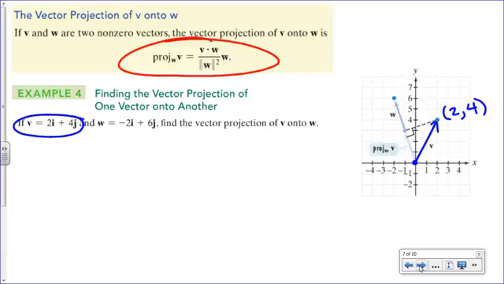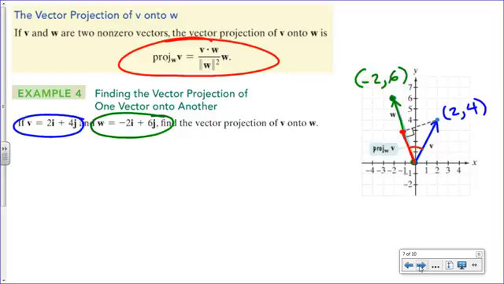Also, we have vector W, and that one is here. And that one has the initial point at the origin as well, and the terminal point has the coordinates -2, 6. Okay, now we can tell that those two vectors are not orthogonal because the angle between them is not a 90-degree angle. So now to find the projection vector, which is going to become this one here,